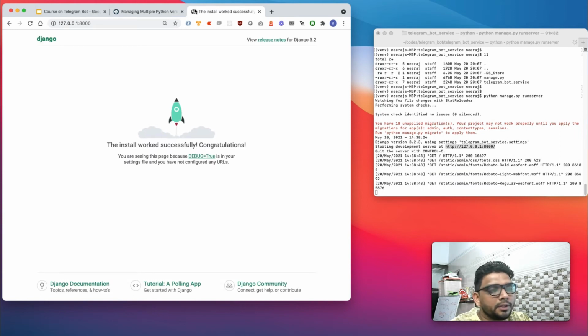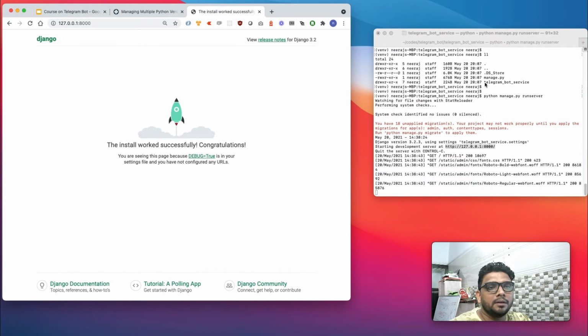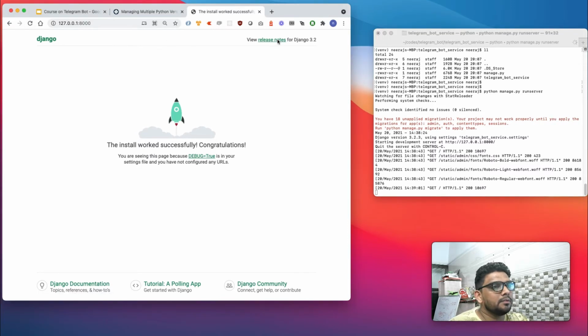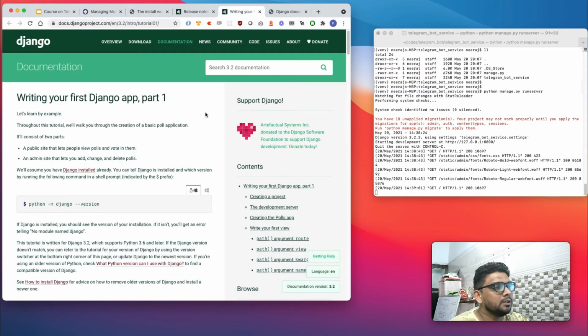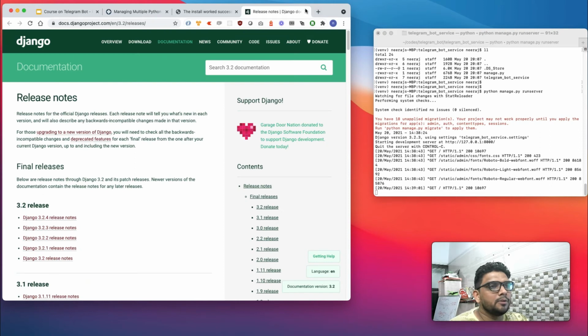So if I run the project, yeah, I'm successfully able to run my project. A single command for creating a project and then running the server, and that's it. That's what we need in order to run a Django server, plain and simple. There are some release notes, so I know what version we are working on. Here I can see there are links like the Django polling app and Django community, which I can use, and yeah, pretty much that's it.